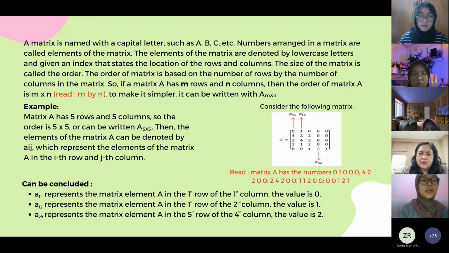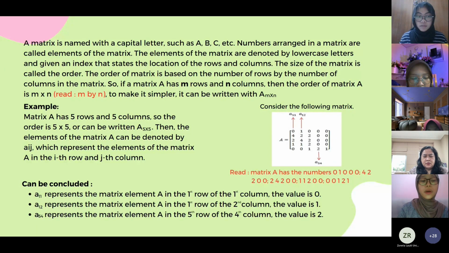For example, matrix A has 5 rows and 5 columns, so the order is 5 by 5, or it can be written like this. Then the elements of matrix A can be denoted by element a_ij, which represents the element of matrix A in the i-th row and j-th column. Consider the following matrix like this. This can be concluded: